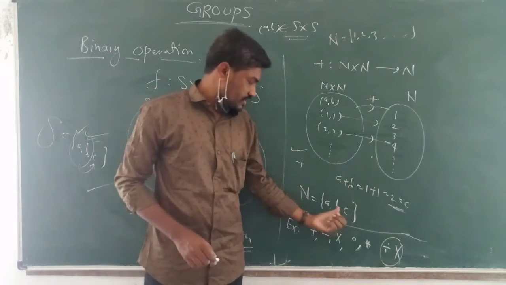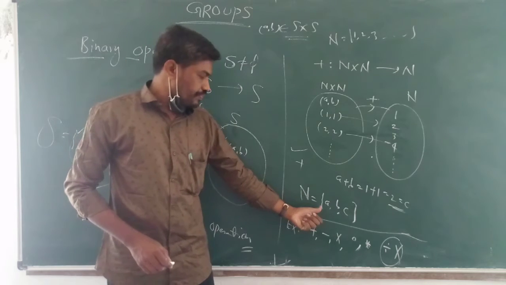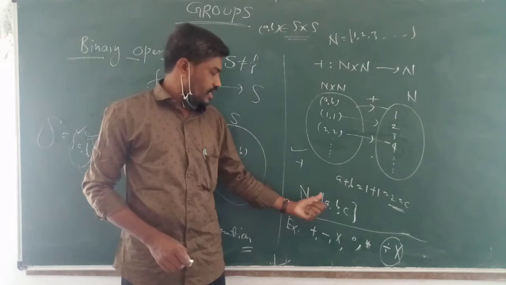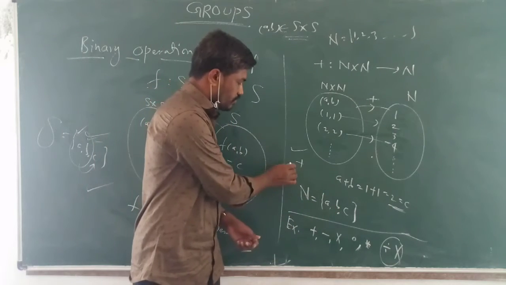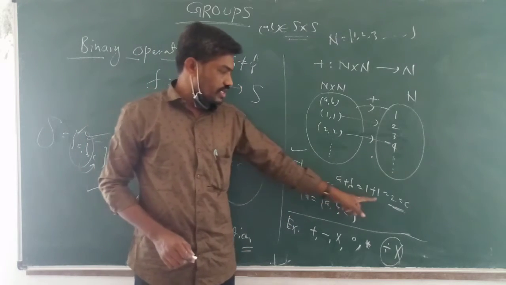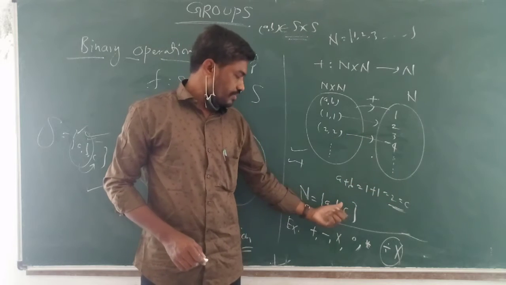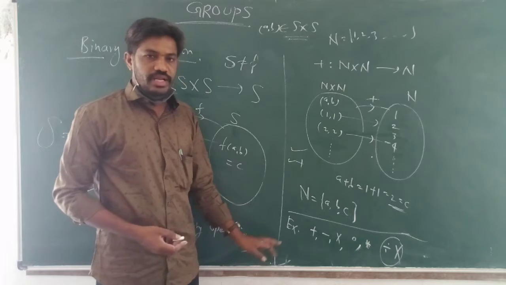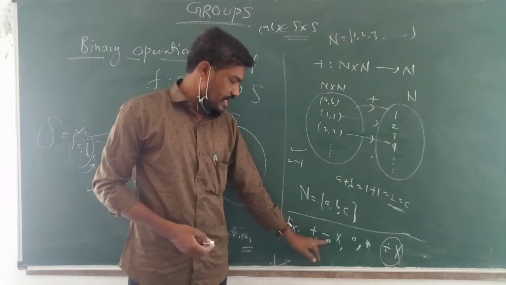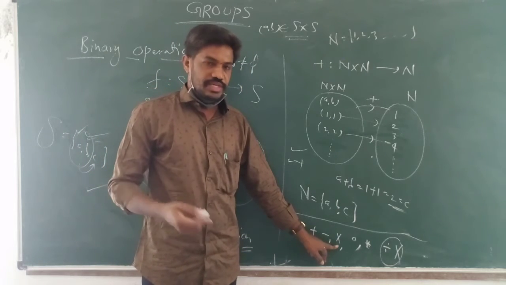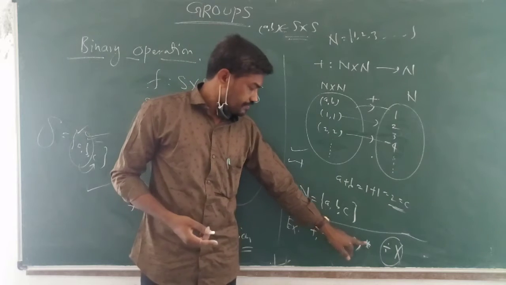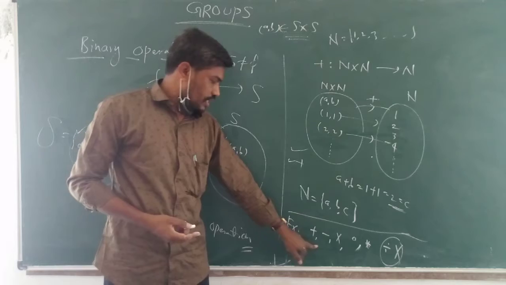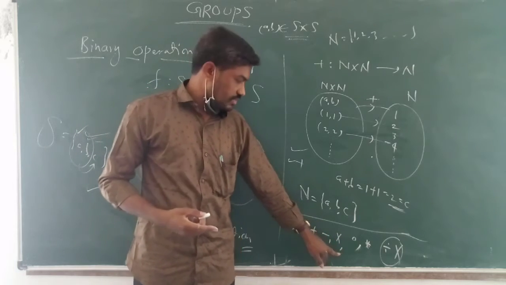So this is the process. I selected elements a, b, c, three elements belonging to N, and you can apply the binary operation. What is the plus symbol? 1 plus 1 equals 2, so 2 belongs to N, and 1 belongs to N, and 1 belongs to N. Some important binary operation symbols are plus, minus, cross for multiplication, circle also multiplication, and star also multiplication. These are all called binary operation symbols.